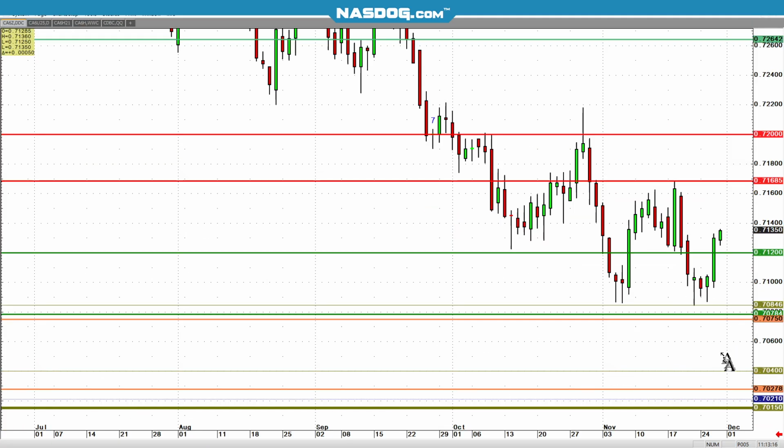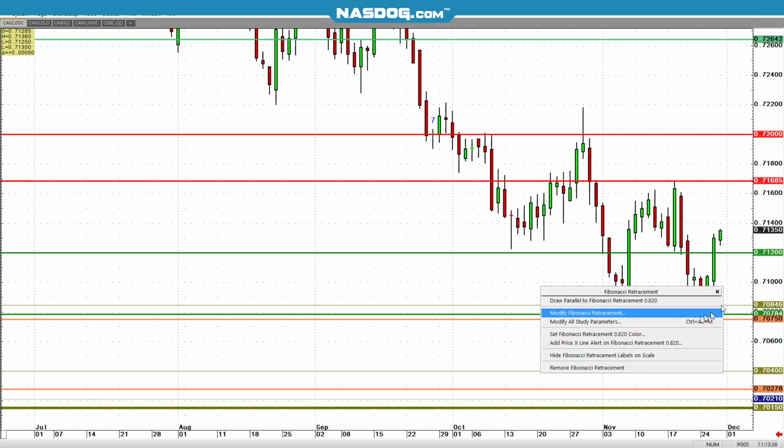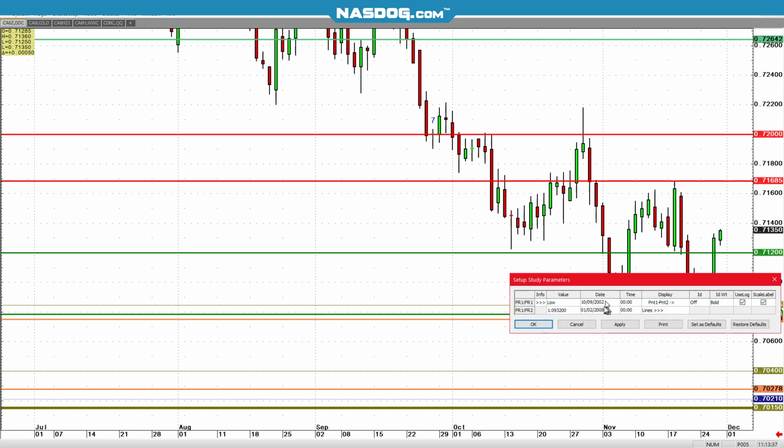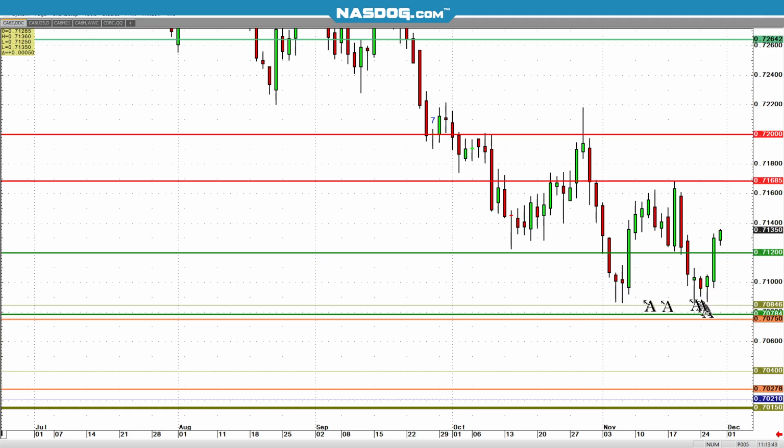This is the Canadian dollar. Now this is why you would pay for your own education, so you could do this chart yourself. Here, this is an olive line. 70-80, call it 70-85, 70-84-6. Let's just see what this is here. '08 and '02. Whatever it was in my studies, that comes up right there.